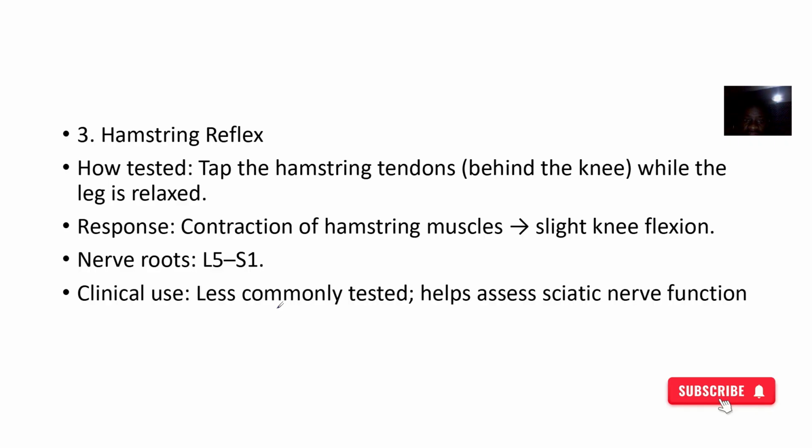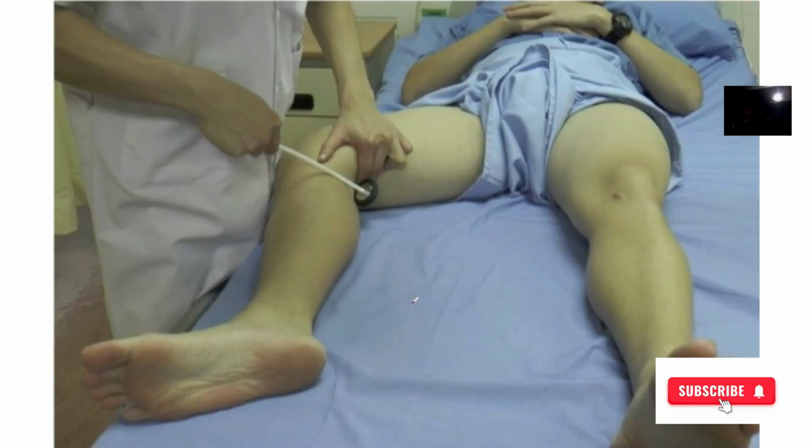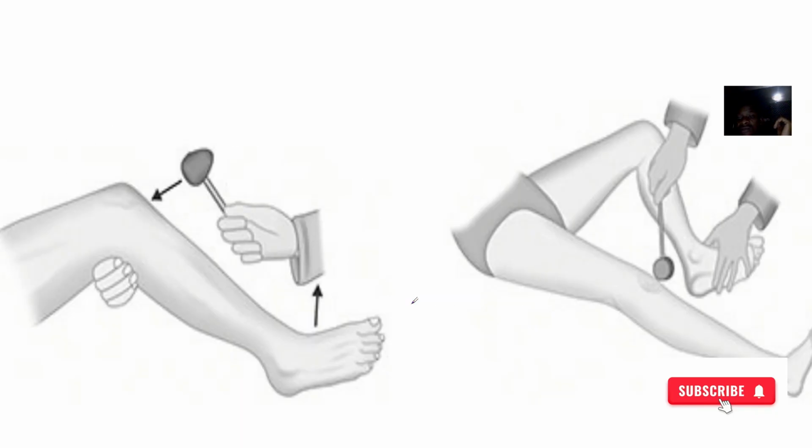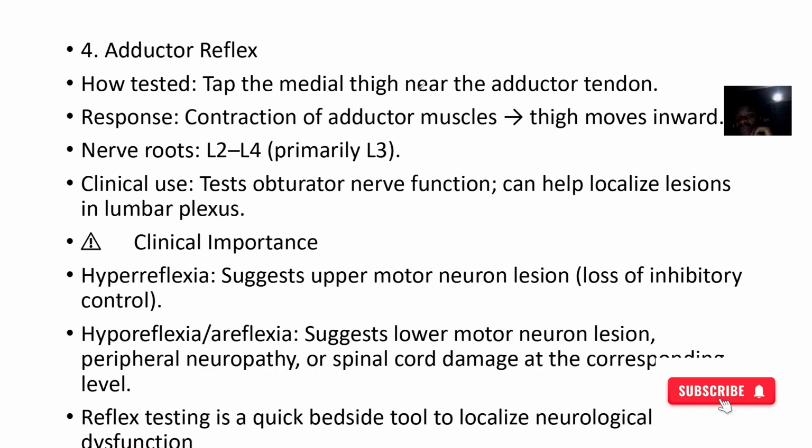So for the hamstrings reflex, you are trying to tap the hamstrings tendons. Those are the tendons behind the knee. Okay, so normally there should be contraction of the hamstring muscles. You understand? So those are the nerves L5 to S1. So you are trying to assess the integrity of the sciatic nerve. It's a hamstrings reflex. Then for the adductor reflex, you are trying to tap the medial thigh